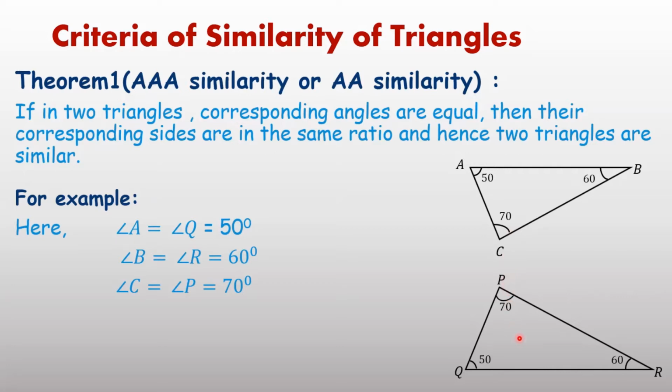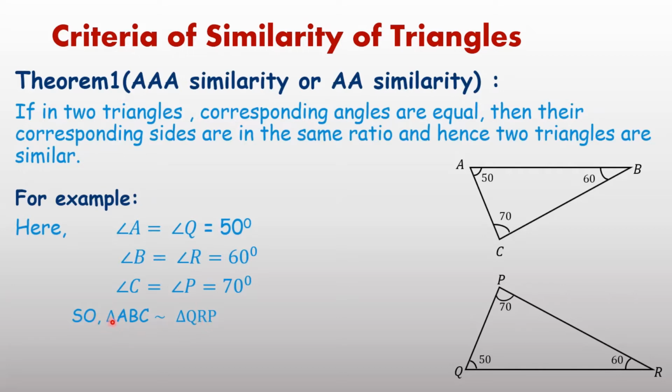If corresponding angles are equal, then two triangles are similar. Now triangles are similar, it implies you will not write triangle ABC is similar to triangle PQR. In proper order you have to write. You are writing triangle ABC. Triangle ABC is similar to triangle QRP. In same order you have to write. There is importance of order if symbol you are using. Means triangle ABC is similar to triangle QRP in proper order written.